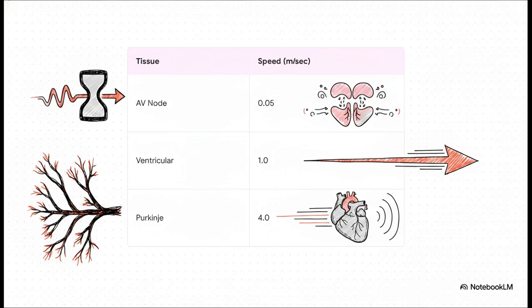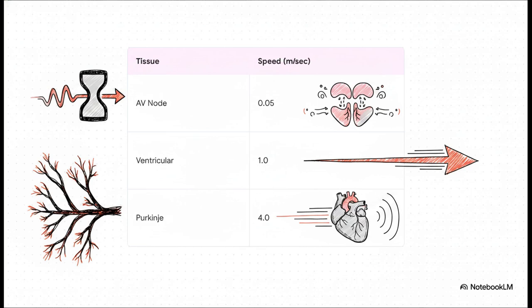The conduction velocity in the AV node is extremely slow, just 0.05 meters per second. This causes a crucial 0.1 second delay, which gives the atria time to completely empty their blood into the ventricles before the ventricles actually contract. Once past that bottleneck, the signal hits the Purkinje fibers, roaring ahead at 4.0 meters per second. This incredibly fast speed allows the entire endocardial surface of the ventricles to be activated almost instantaneously, ensuring a massive,